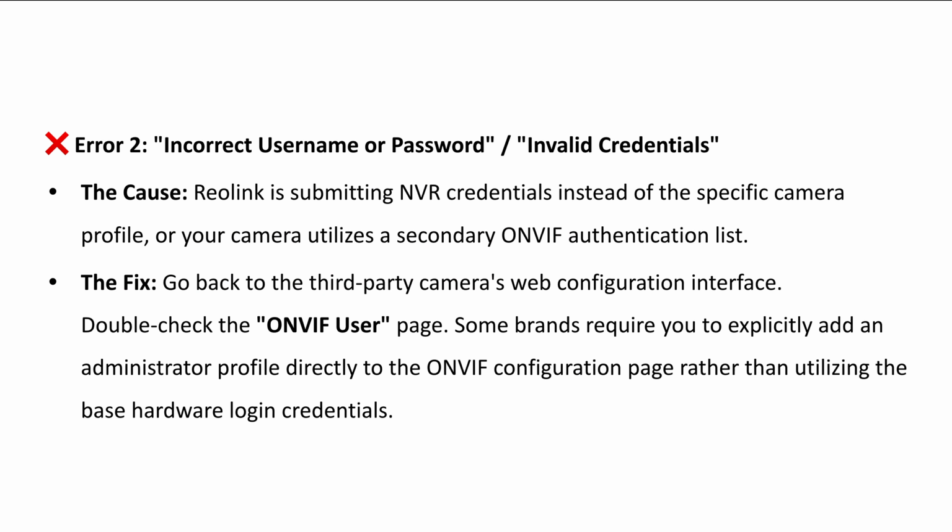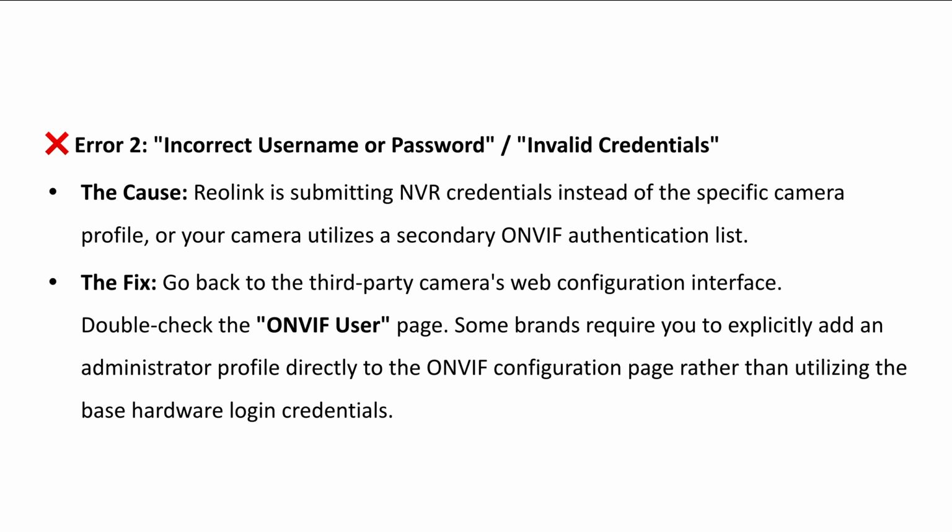Error 2 is incorrect username or password, or invalid credentials. The cause: the Reolink NVR is submitting NVR credentials instead of the specific camera profile. Your camera may utilize a secondary ONVIF authentication list. The fix is: go back to the third-party camera web configuration interface. Double check the ONVIF user page. Some brands require you to explicitly add an administrator profile directly to the ONVIF configuration page rather than utilizing the